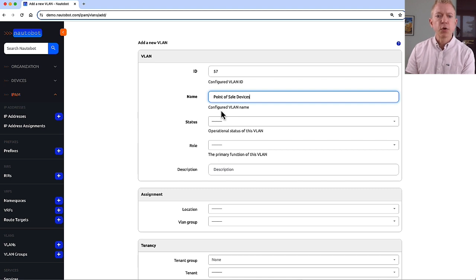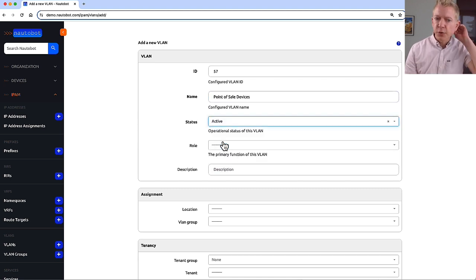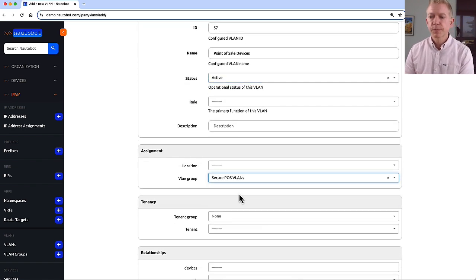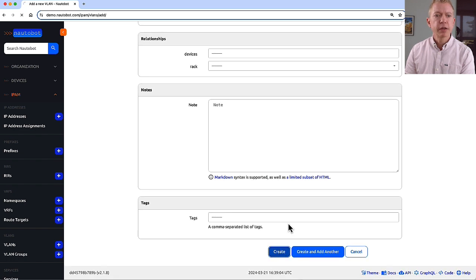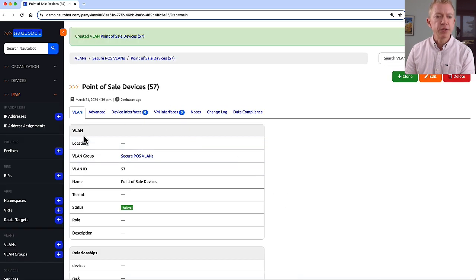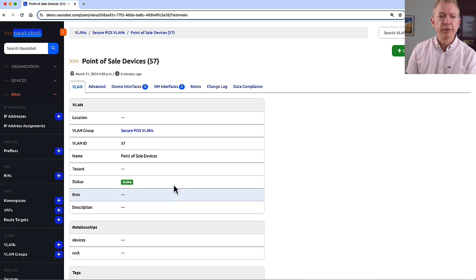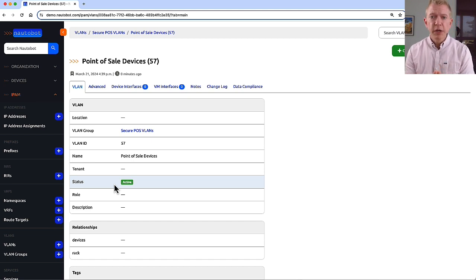And our status is going to be active because we're actually going to turn this up, and we're going to assign it out to that VLAN group that we just created. Go ahead and create that VLAN, and we can see now assigned into that group. So if we were now to drill into that VLAN group, we see VLAN ID 57 now attached to this particular group. And we can go back, of course, through the UI back into VLAN 57. Here we go. Okay, so that covered attaching a VLAN to a VLAN group and their use and functionality within the IPAM section